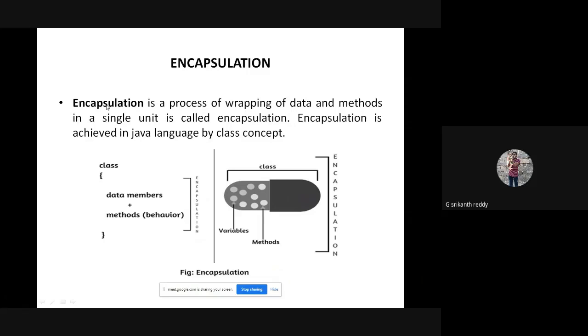This process is called encapsulation. As you can see in the picture, a class is a collection of data members plus methods. Methods are nothing but functions, the behavior. The class contains both variables and methods, combined and encapsulated together. This is the first concept of object oriented programming.